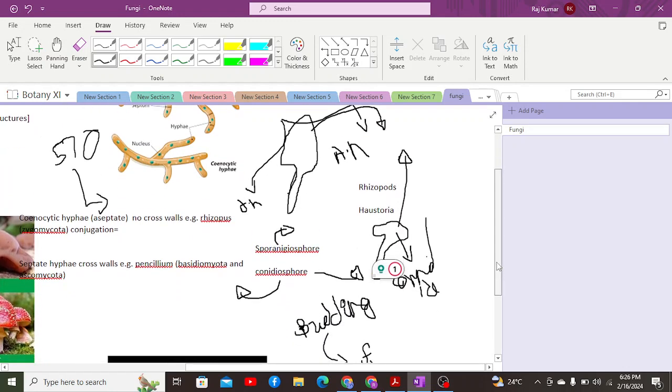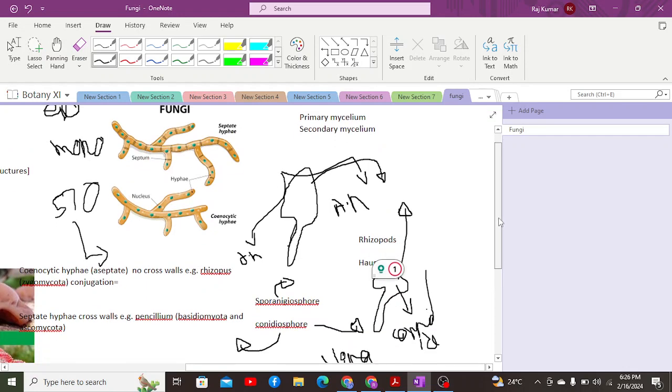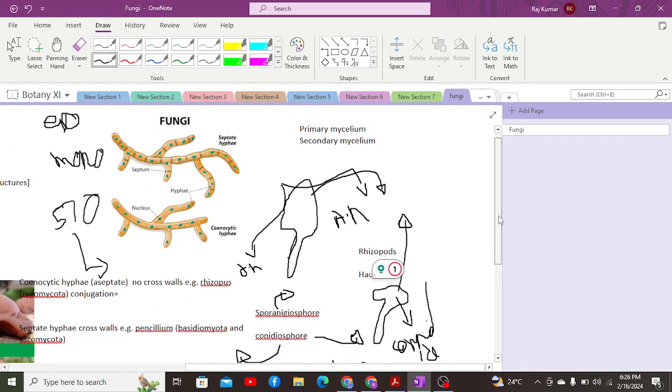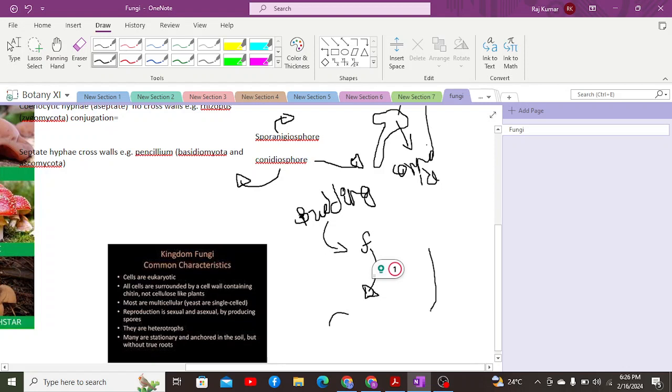Why not Euglena? Euglena could have been a possibility for the evolution of fungi, but the reason behind it is that Euglena has flagella. And there can be other organisms, but other organisms also have flagella at some stage of their life cycle, but red algae do not. So these protoctist red algae are supposed to be the part from where the fungi evolved.